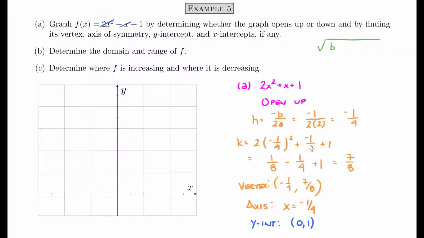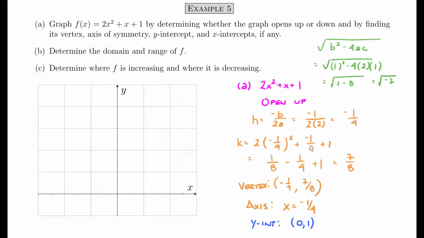Remember, the discriminant is b squared minus 4ac, before we go through a whole lot of work and try to find any zeros if they exist. So in the case of the problem that we're given, b is positive 1, a is positive 2, and c is positive 1. Well, when we simplify this, we get 1 minus 8, which is negative 7. The discriminant is negative, so that means that this has no real zeros,